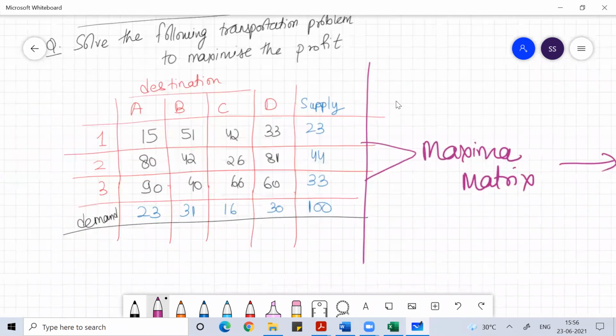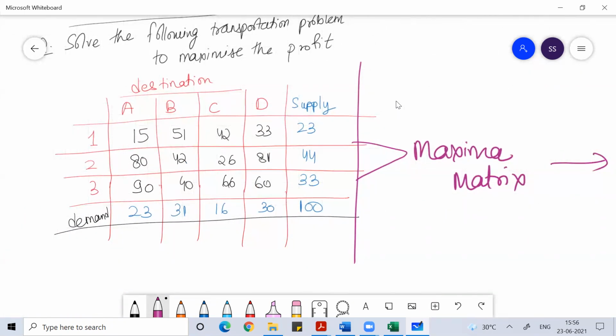For that, I need to identify the variable of profit which is maximal. In the data given in the matrix, out of all that data, I have to find the variable which is maximal. So here the maximal value is 90. To convert the maximum matrix into a minimum matrix, because only then can we solve the problem. Here the data is all about maximization, but we cannot determine the initial basic feasible solution or optimal solution on the maximal matrix.